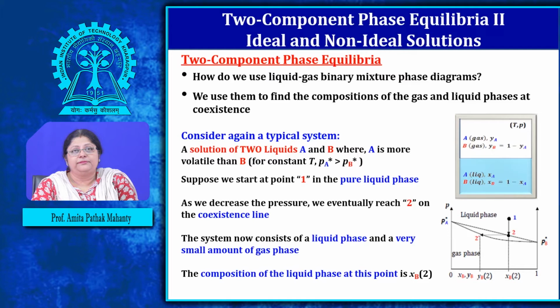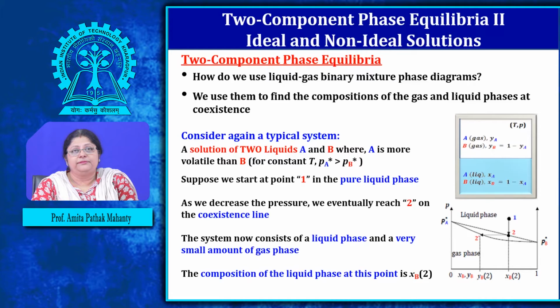Correspondingly, if I draw a line perpendicular which is cutting the dew line at some position, with the same condition of pressure, temperature held constant, I get to another location on the other coexisting line that is corresponding to the vapor of the components, corresponding to the vapor mole fraction of the B.